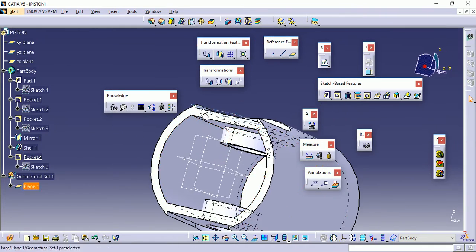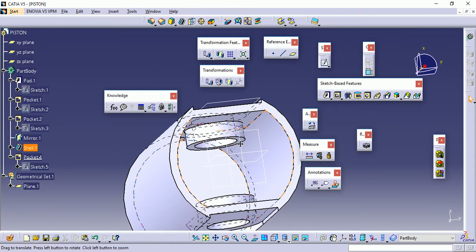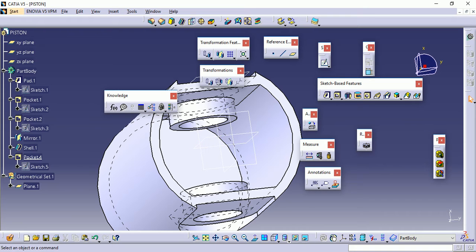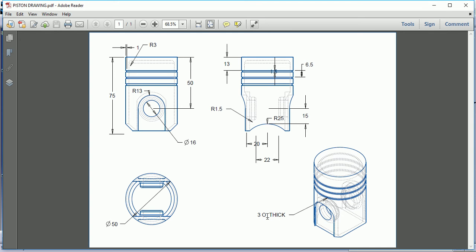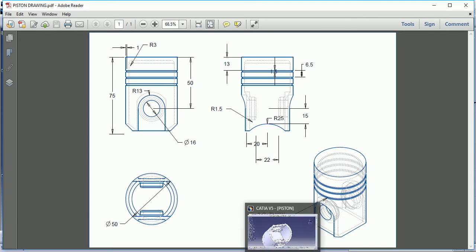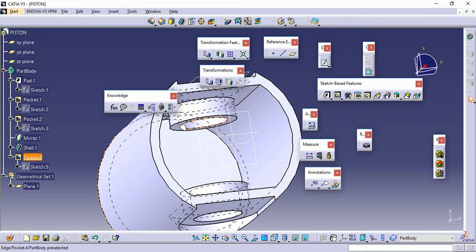Now here the edges of the holes are sharp. Now we know from the functioning of the piston that in the assembly, in this particular area the connecting rod is going to be mounted, and the connecting rod is not a stationary member, it is a rotary member.